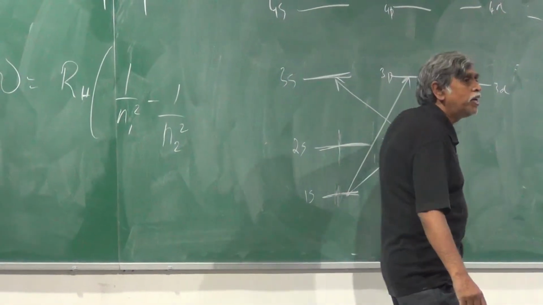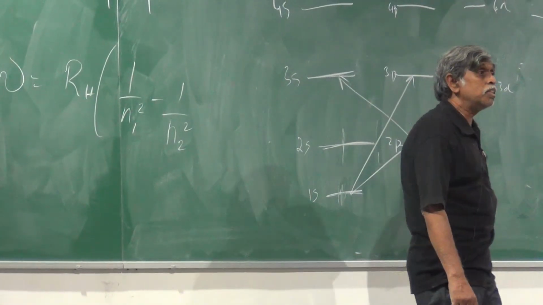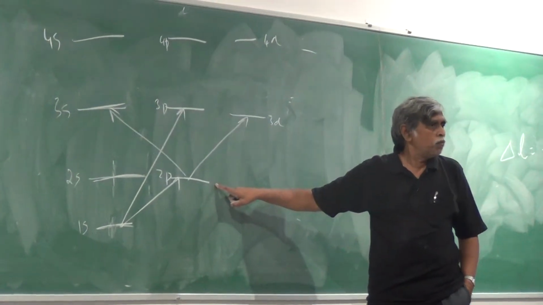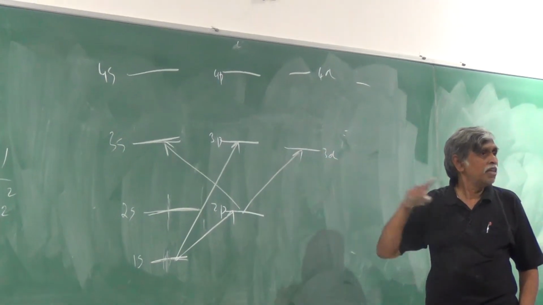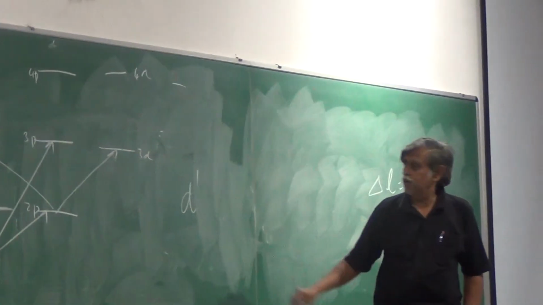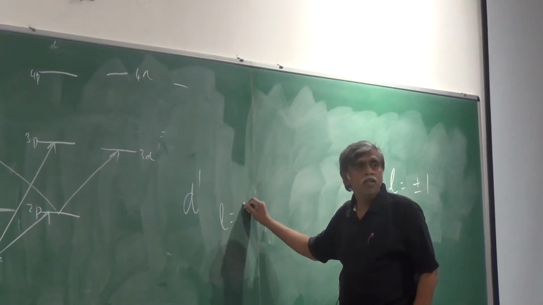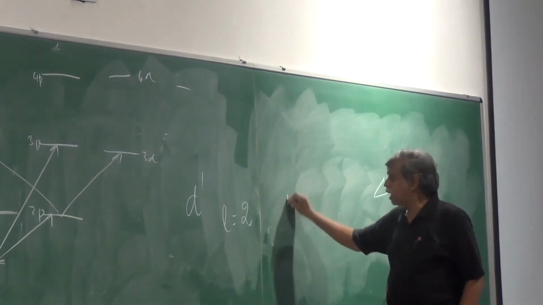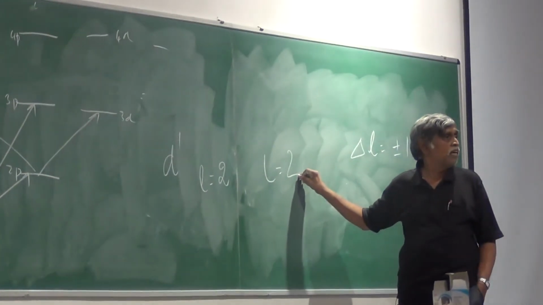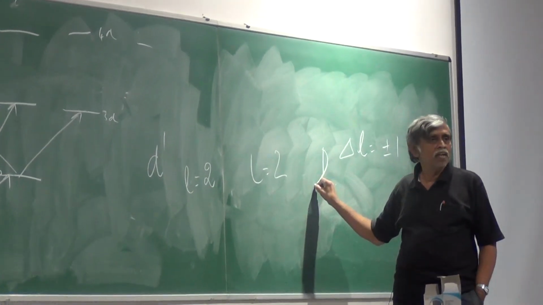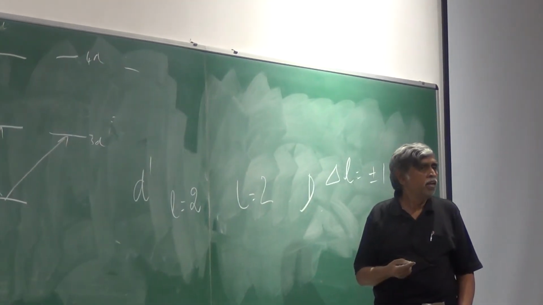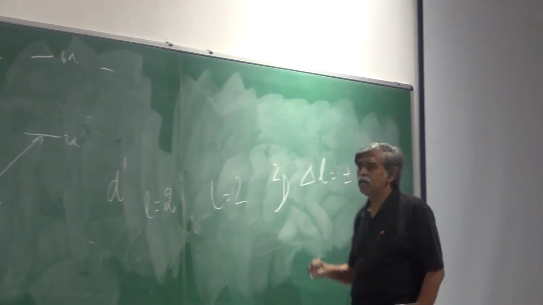If I go from here to here, what are these transitions going to look like? This is going to be doublet P 3/2 and 1/2. What is this going to be? The D1 system. So what is L going to be in this case? 2. If L is 2, what is capital L? Also 2, there's only one electron. And if it's capital L 2, what state is that? A D state. One electron only, because the spin has to be half. The spin is half, it must be doublet D.